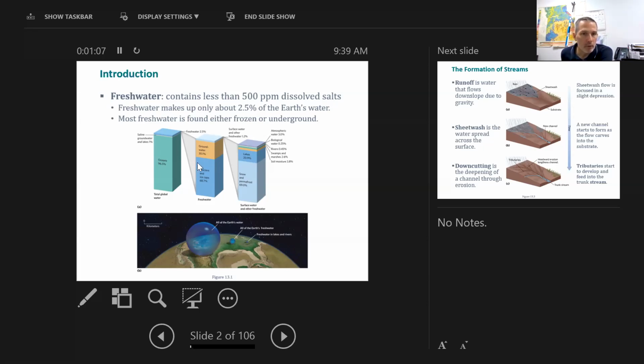We have about 30% of that fresh water in groundwater. Some of that we can obtain, some of it is too deep for us to get. And then we have the rest of this in things like freshwater lakes and springs. And so we can see we're getting smaller and smaller and smaller fractions of materials here. So let's get started on this little fraction of the water, which does a real number on the surface